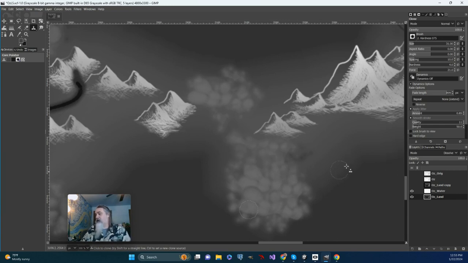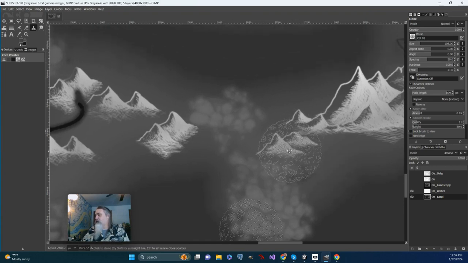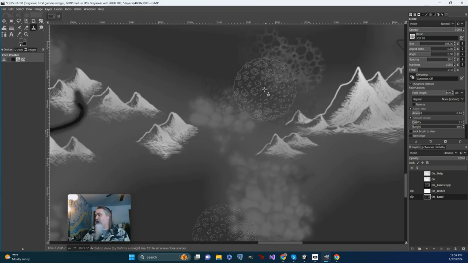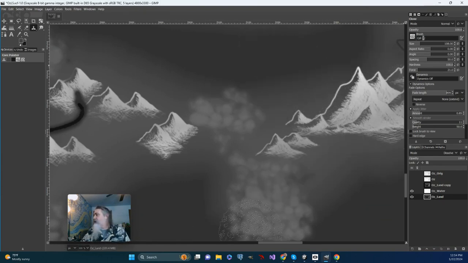The other thing to take into account is the brush type. If we pick one of these other brush types, like maybe, I think that's the cell one. Yes, one of the cell options. That's really big, but I'll leave it big for the moment. We can get more of that type of an effect happening. Now that's pretty crazy and extreme, and I don't know if that's the one I actually want to use. Maybe